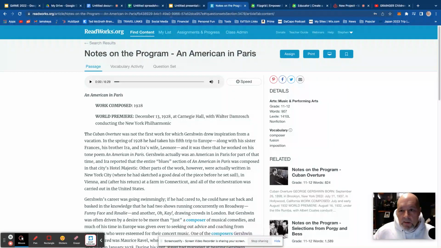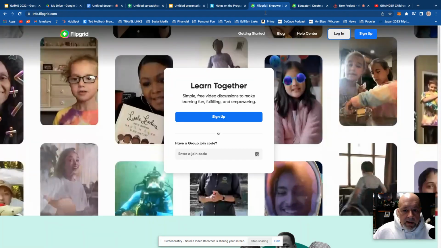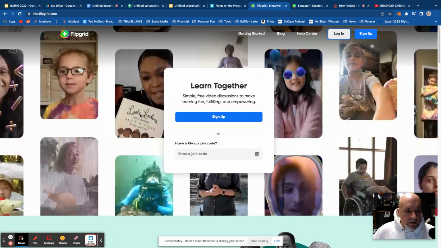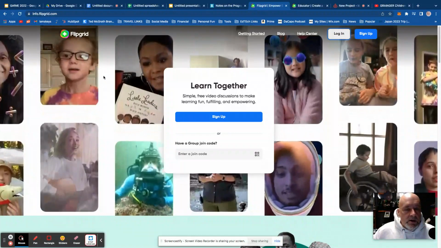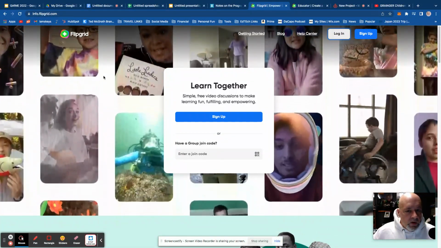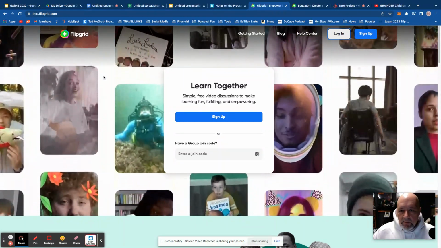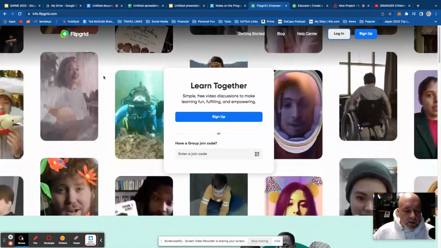So you will find something to benefit you and your students as we go through. Flipgrid is a video-based program that allows students to record themselves. It's very similar to what I was talking about earlier with Screencastify, but I've been using Flipgrid forever, and it's just a great way to